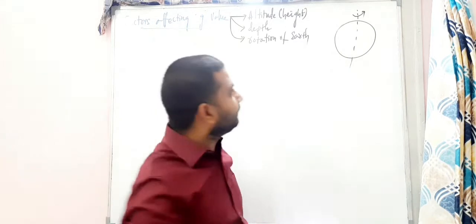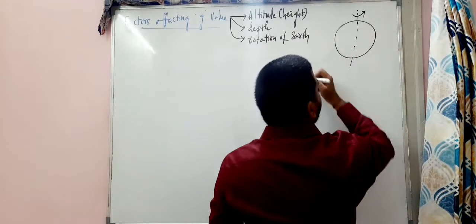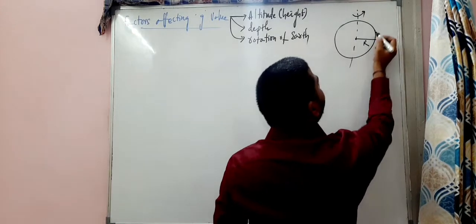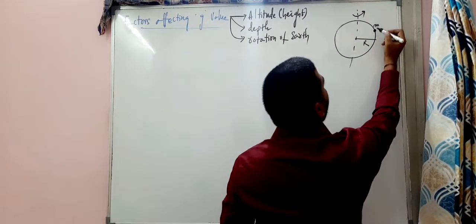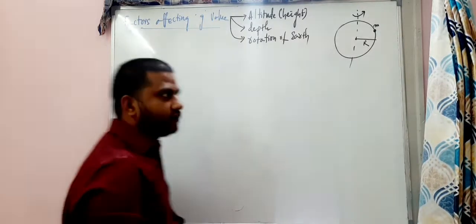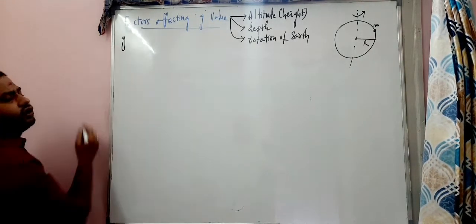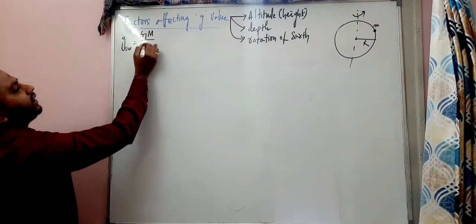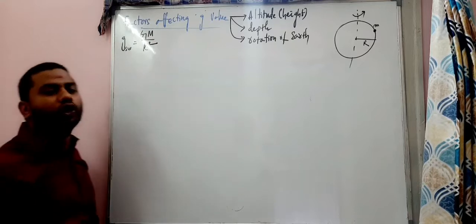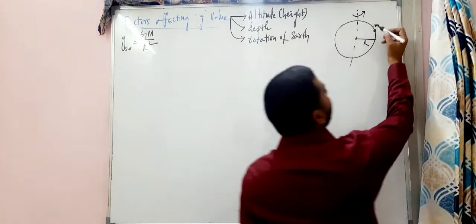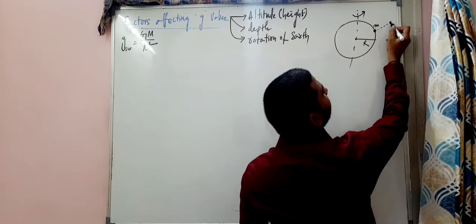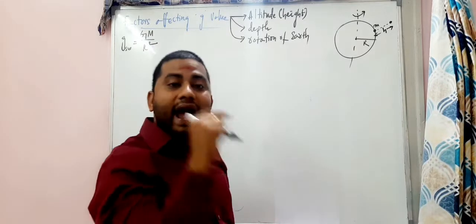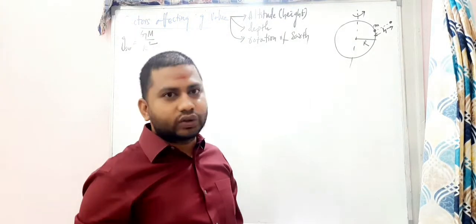Okay, now the first thing, from the radius of the earth, this is the center, and the radius, you know, from the surface there is a body. See, on the surface, you know, acceleration due to gravity, so I'm writing the same. Acceleration due to gravity on the surface is equal to capital G, capital M by R square. So this we know, on the surface. From the surface, the body is taken to some height. This is the height. From the surface we have taken it to some height. At that point only, what is acceleration due to gravity? That's the first case.